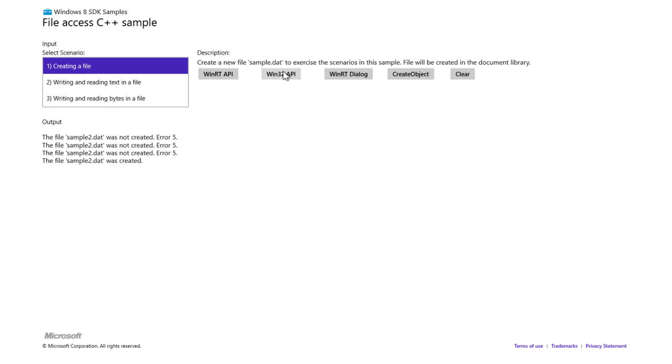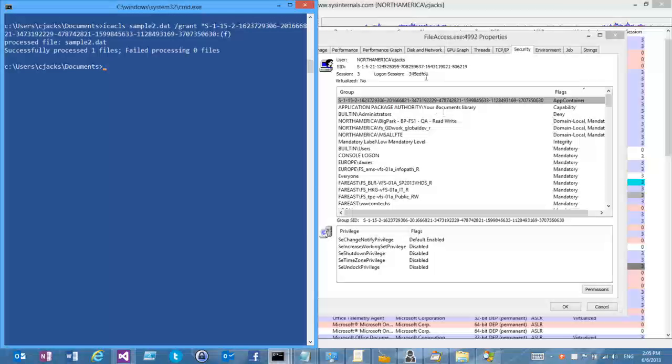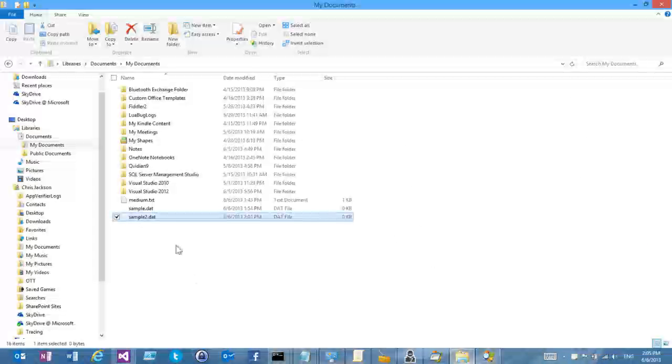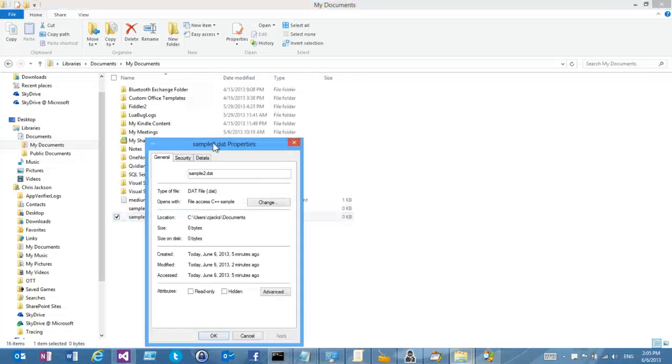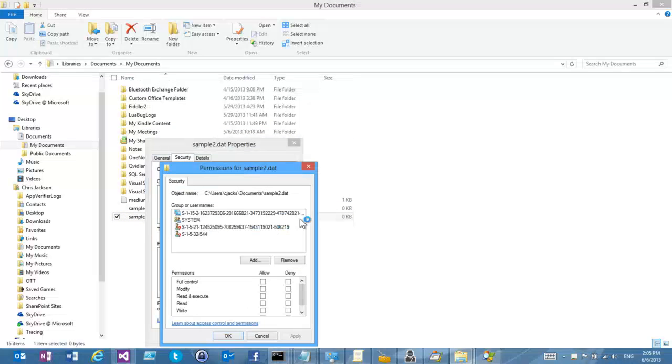And Alex Ionescu actually writes in some detail about this generation process. But it is based upon just a hash of the name that will always be the same. The other possibility is if you go into the security descriptor for this, go into security, and go into edit. I could also add, oh,